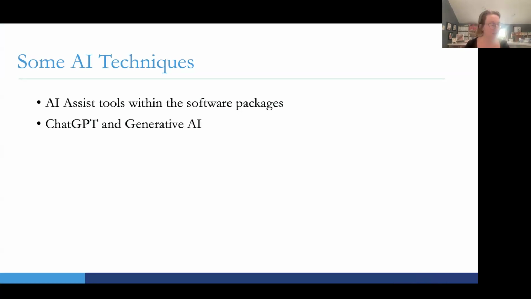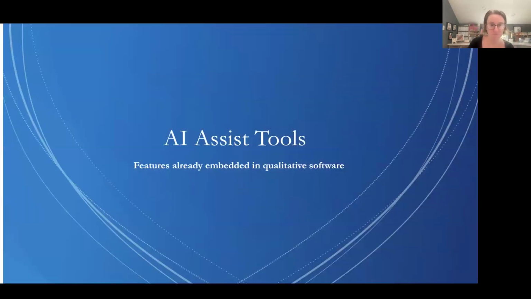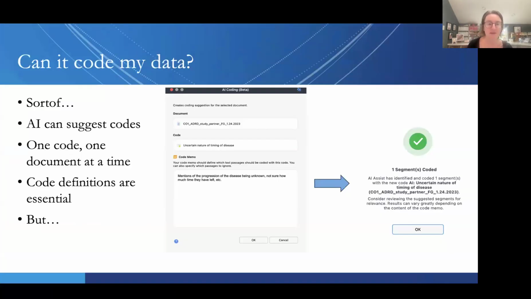And that's where I'm going to spend the time diving into the literature a little bit. But first, I want to show you what already exists out there in MaxQDA, that software. And these features are already embedded that you're able to use to help you augment your analysis. And I am not paid by MaxQDA, and I honestly don't use it that often for reasons that we'll talk about later.